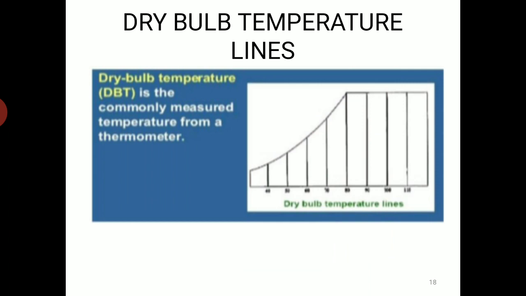Now let us understand the different psychrometric properties. In calculations we have seen dry bulb temperature. So how exactly are the lines obtained in the psychrometric chart? Dry bulb temperature lines are the vertical lines. Vertical lines are called dry bulb temperature lines. You can refer to the scale. If I want 30 degrees or 35 degrees Celsius, go to the x-axis, where you can obtain the dry bulb temperature values.